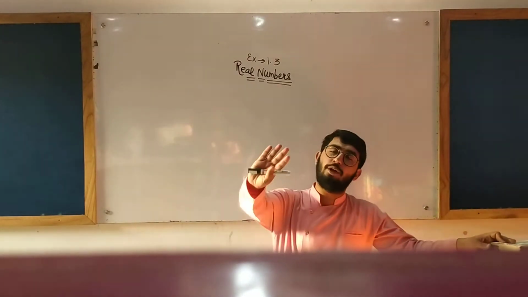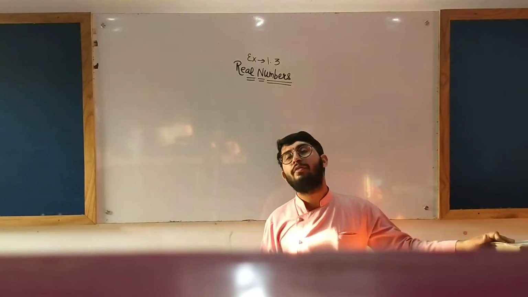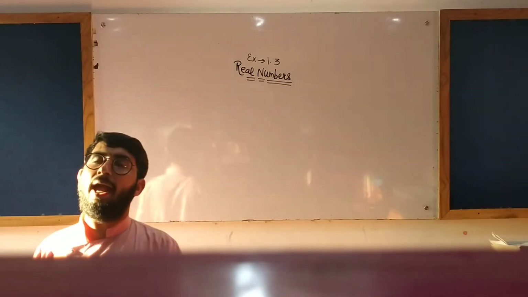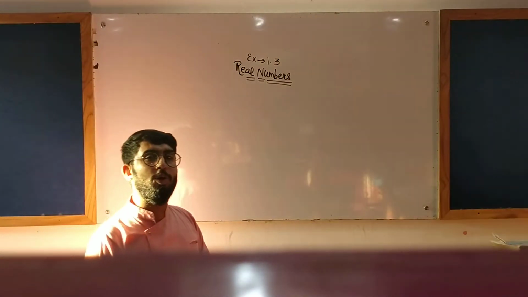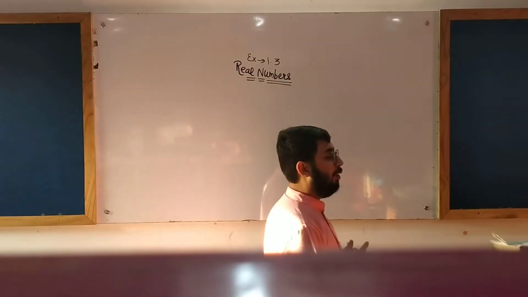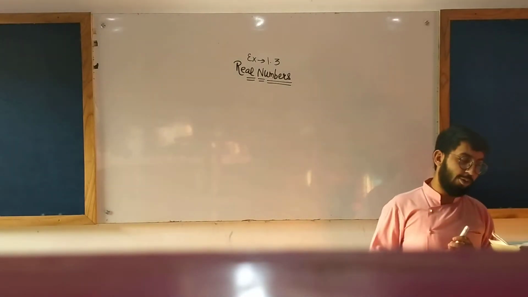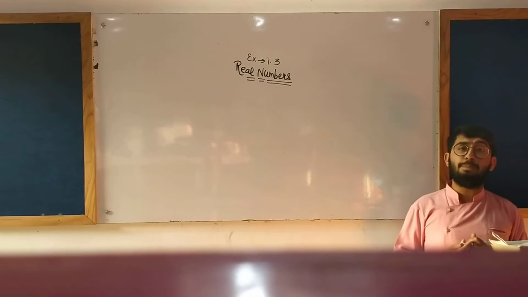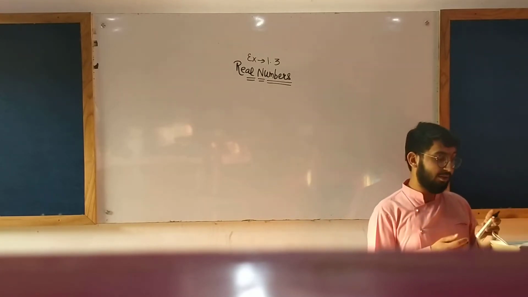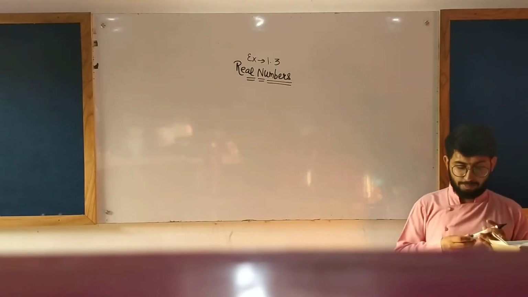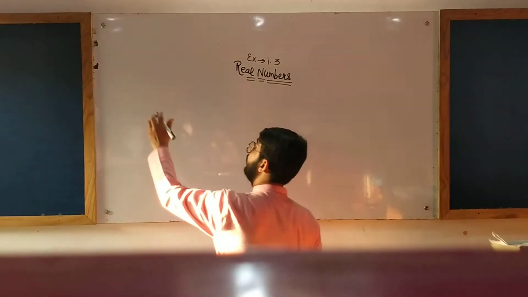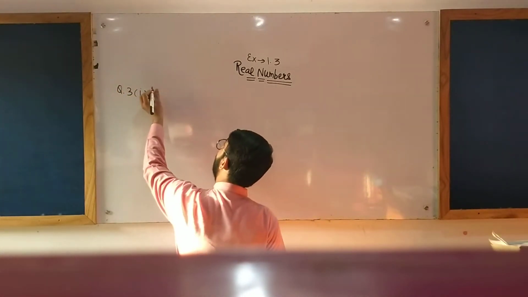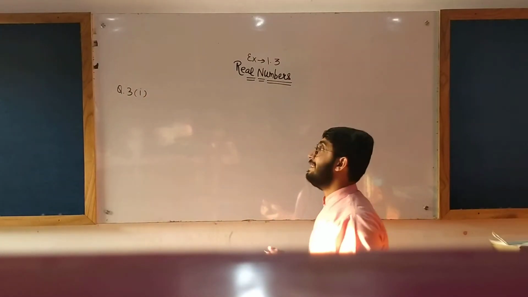In the numerator over denominator form, where numerator and denominator both are integers and denominator is not equal to 0. We have to express the given numbers in the form p by q. Let us start with the first part. Here we have the 3 parts. Now we are doing question number 3. First part: we have to find the value of 0.6 bar.